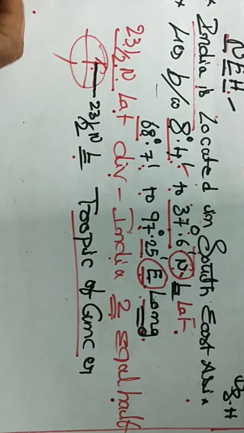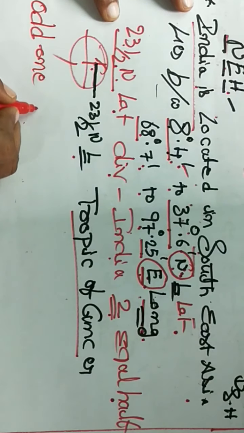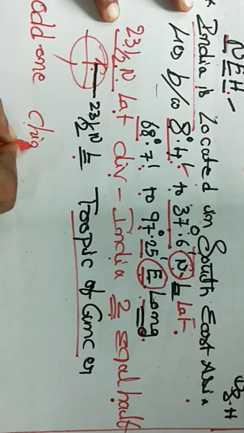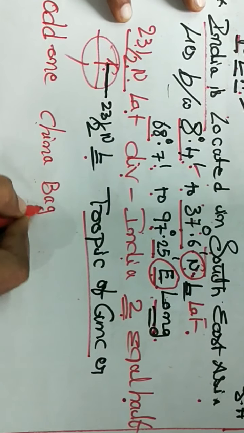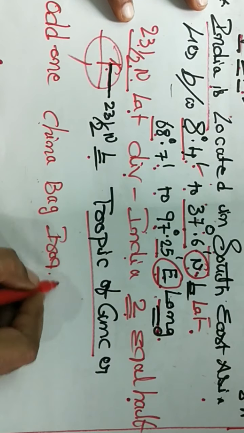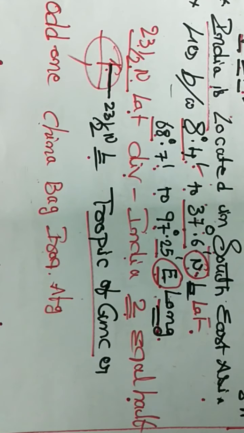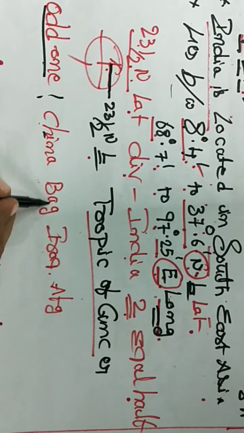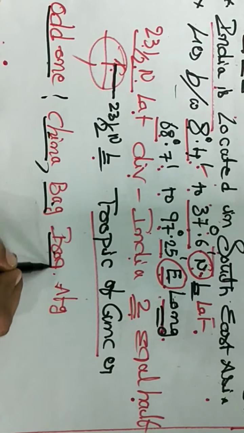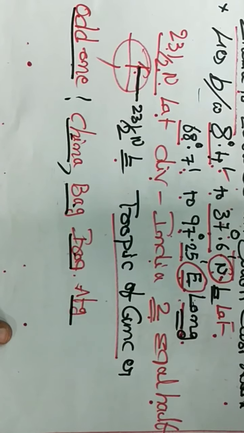The next question, they can give like this, odd one out. So they will give like that: China, Bangladesh, Iraq, Afghanistan. Now we have to pick out the wrong one. In this 4, odd one out. In this 4, China, Bangladesh, Iraq and Afghanistan, from this we have to find out which is irrelevant or not relevant.